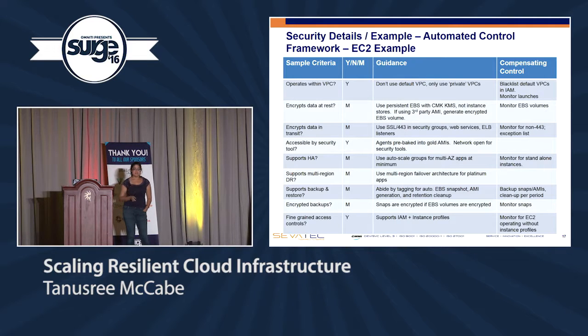And then guidance. This is not meant to be prescriptive, it's meant to just jog your thoughts around some of the guidance that you might be developing for your particular organizations and projects. And then the compensating controls is basically saying, how do you actually compensate for something that's not done out of the box? And then this is where you get into understanding what you can automate and maybe what you don't. And that kind of goes back to that automation approach from earlier.